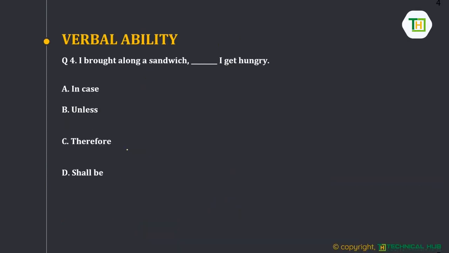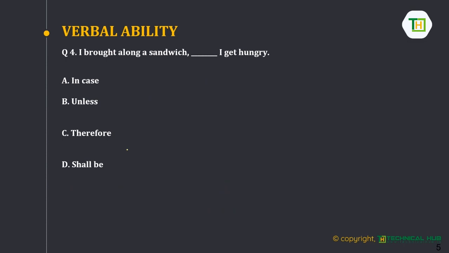So moving to the fourth question. I brought along a sandwich dash I get hungry. I brought along a sandwich, that means I'm keeping it as safety for a future purpose. I brought along a sandwich dash I get hungry. So the first option, let us see, "in case", we use this. So the meaning of it is actually for